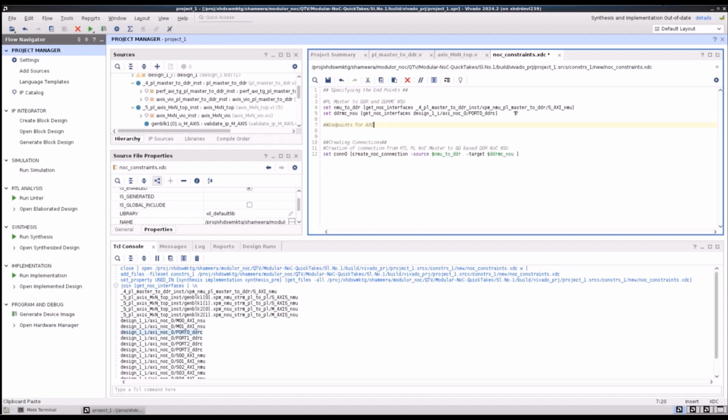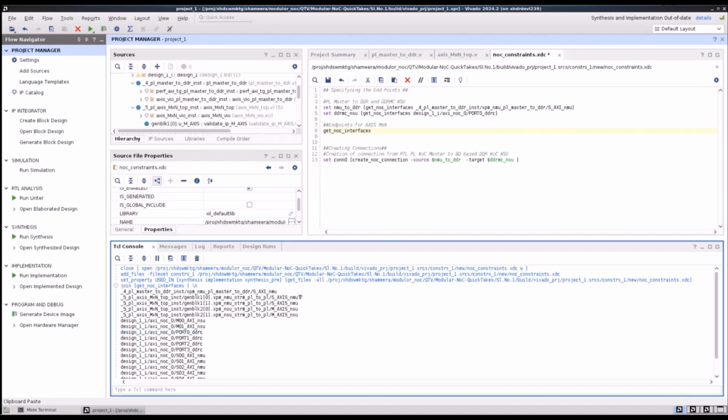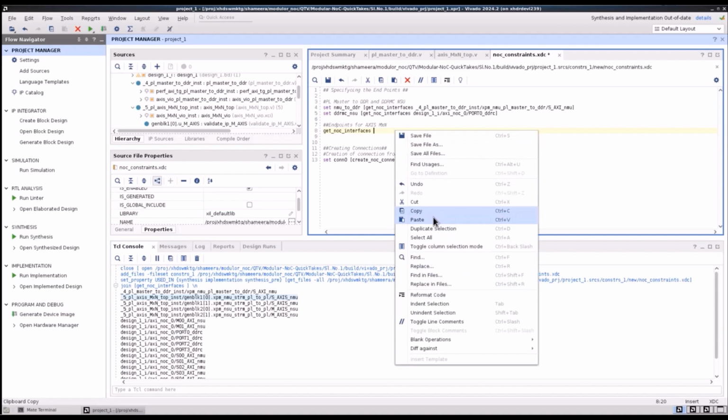Next, we need to create the connections for the AXIS M/N interfaces. Copy the NMU interface of the XPM instance 0 and specify it as PL AXIS NMU 0.